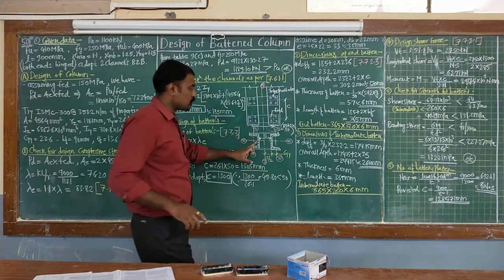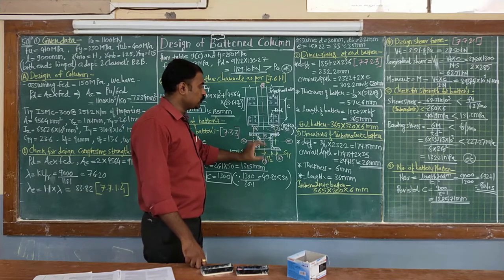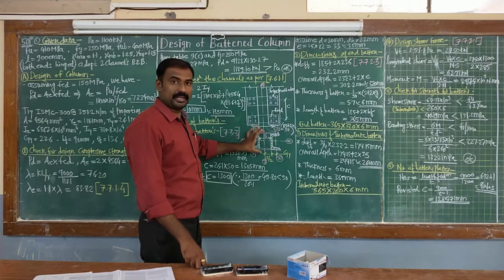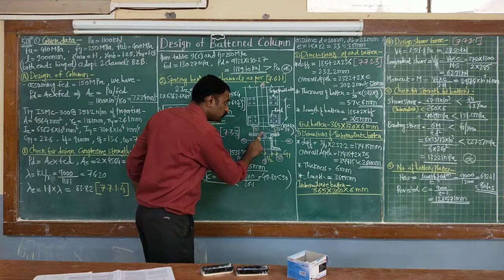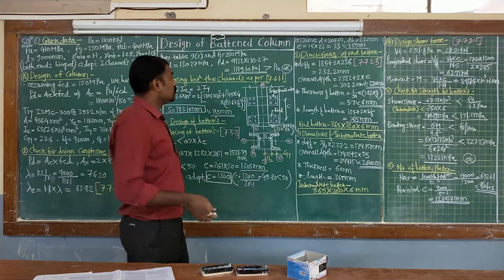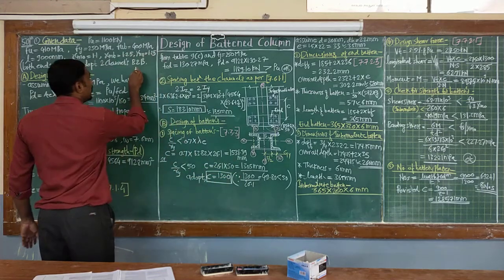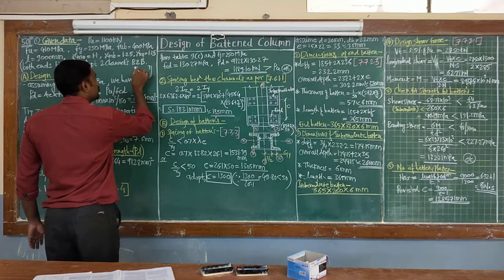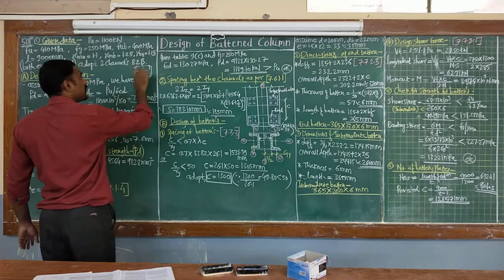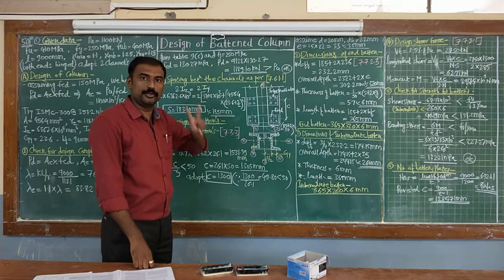Usually in case of your channel section placed back to back, number of planes are only 2. That is the planes on which your battens are kept. So here number of planes are only 2. In some cases, for example, you consider an example of 4 angle sections. I will show that here. Suppose a combination of 4 angle sections is there on which your batten system is provided. In this particular case, your number of planes is going to be 4. So here number of planes for channel sections are only 2, correct?